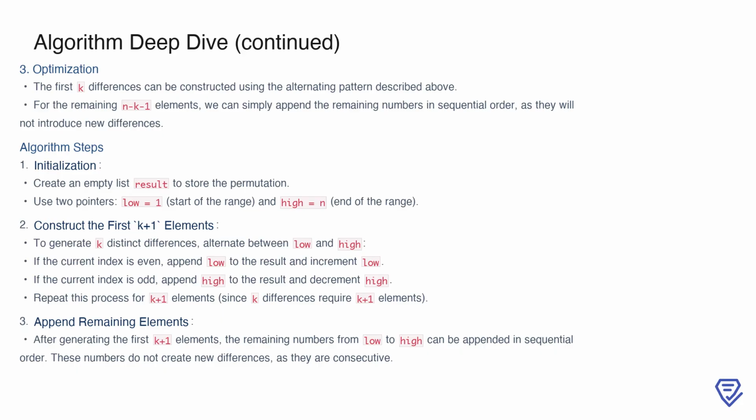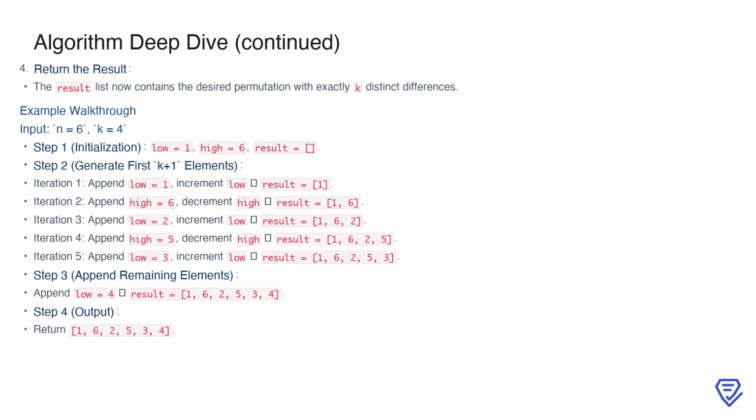Once the alternating process for the first k plus 1 elements is complete, the result array is almost ready. To better understand, let's walk through an example where n equals 6 and k equals 4. We begin with low set to 1, high set to 6, and an empty result list. In the first iteration, we append low, 1, and increment it to 2. Next, we append high, 6, and decrement it to 5. We continue alternating, appending low, 2, and incrementing, appending high, 5, and decrementing, and so on